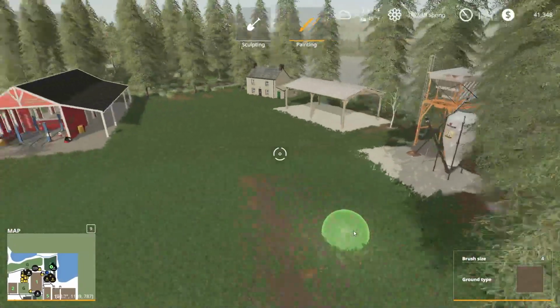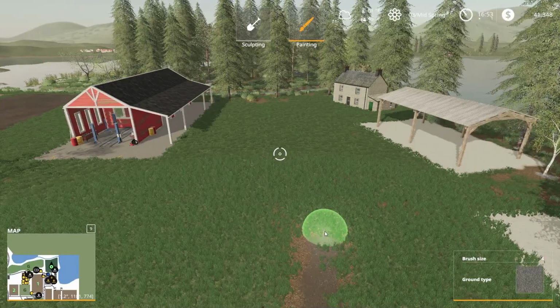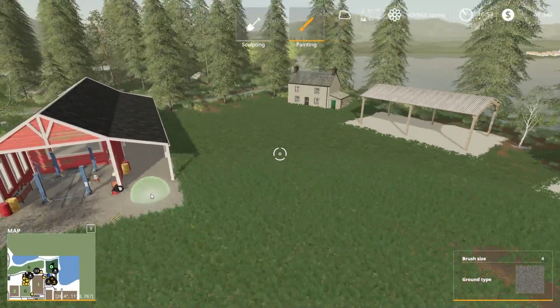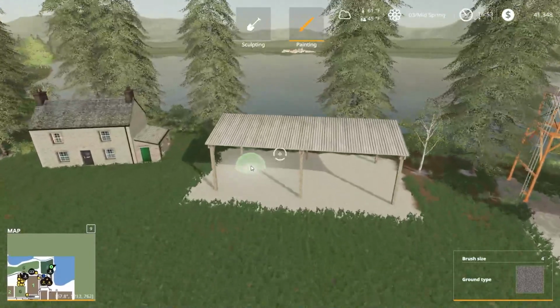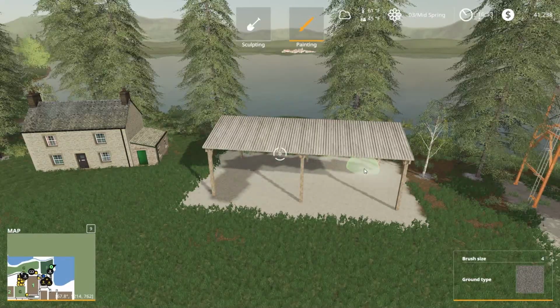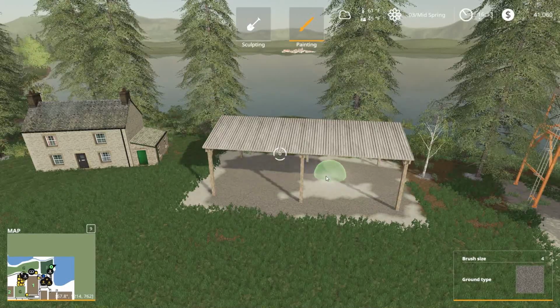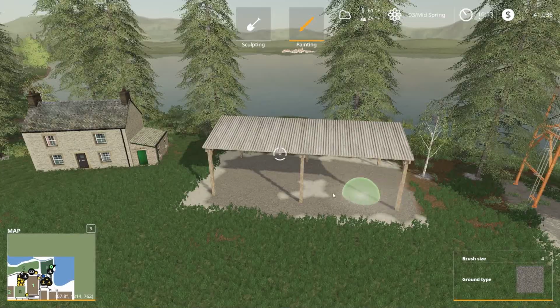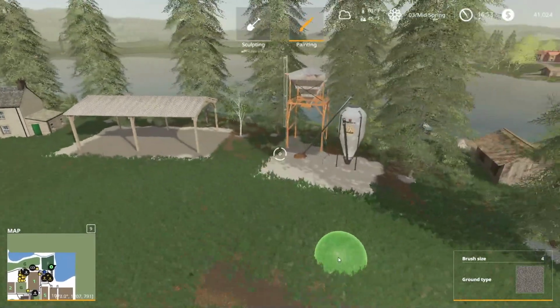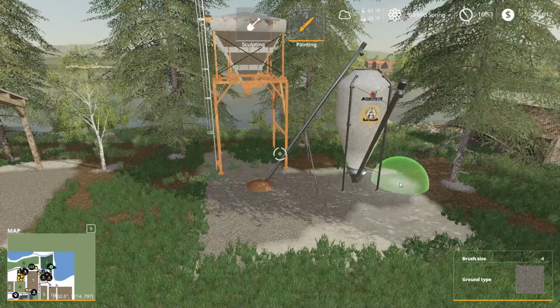Now, around the farmyard, I don't want to use just a bunch of dirt track, so I'd like to use gravel, I think, for the most part. I like to use gravel under most things. Going through there, gravel. I think the gravel just looks a little bit nicer, and it's probably more what I'm looking for. Gravel around where the